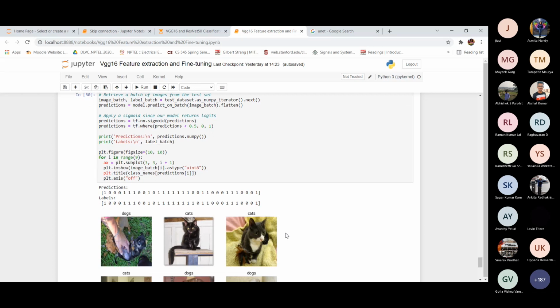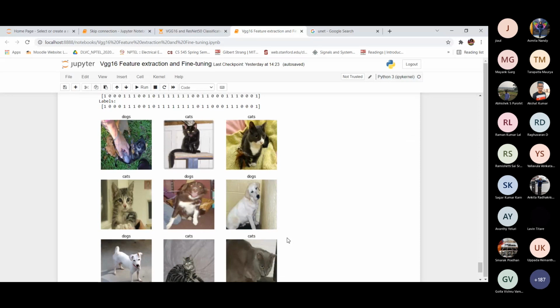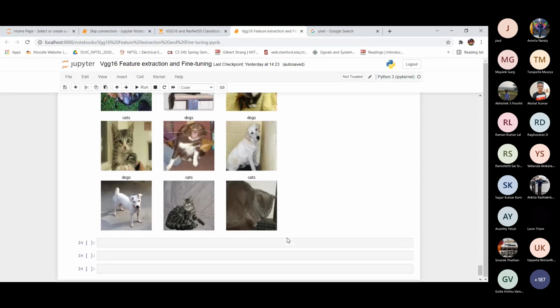So this is the thing we do in transfer learning and in fine tuning. Basically, in short, first we use a trained model, previously trained on ImageNet data or some other bigger data set, and we use those weights and train our model without training the layers.